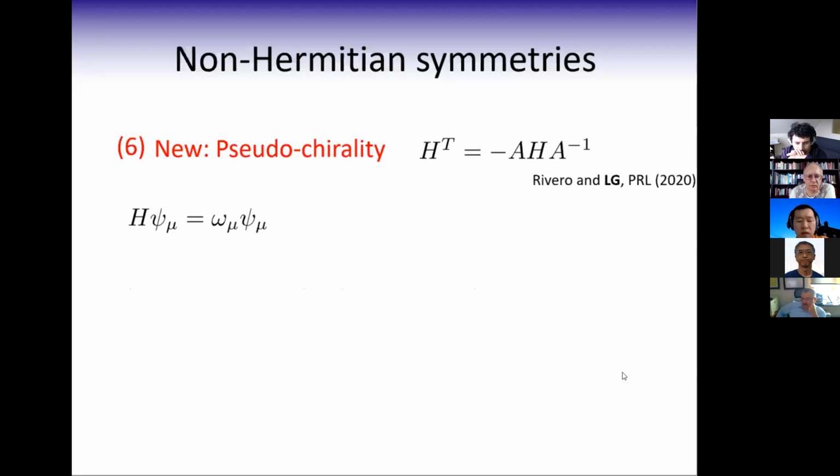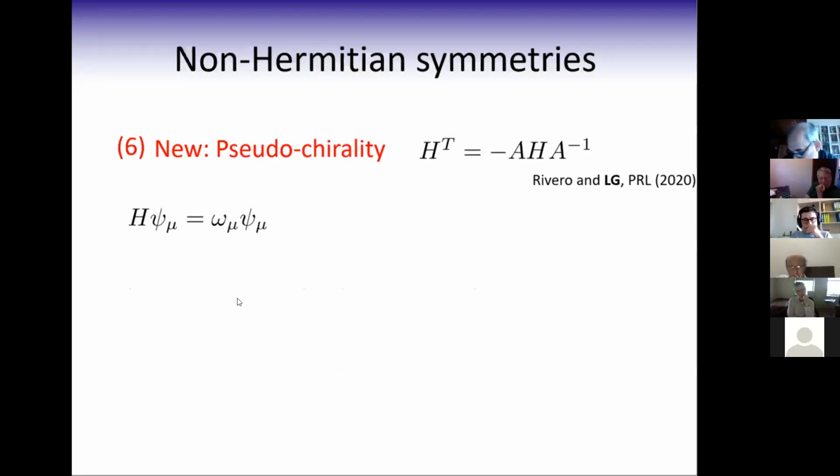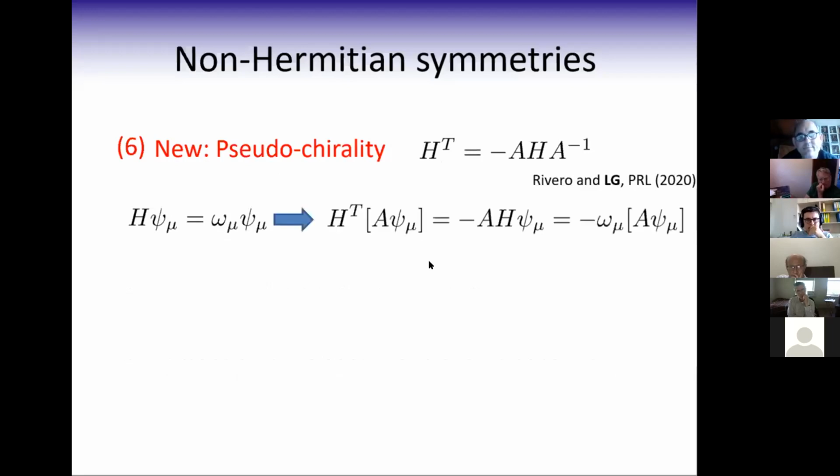So here we have, for example, psi mu as an eigenstate of H with the energy omega mu. Here I'm setting H bar to be 1, so I won't distinguish between frequency and energy. So now simply by applying a few tricks, we have the relationship on the right. Okay, so H transpose multiplied by A and this eigenstate of H give us the thing on the right. Now if we compare this to the definition of the left eigenstate of H, or rather the transpose of that, we immediately realize that